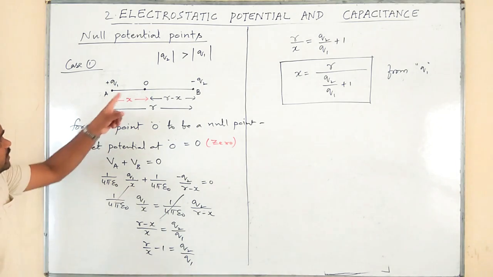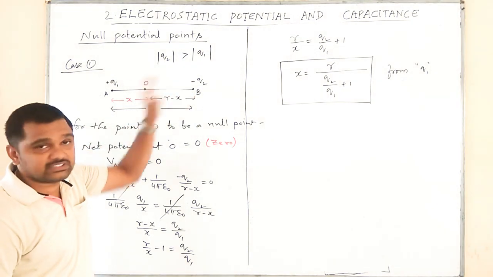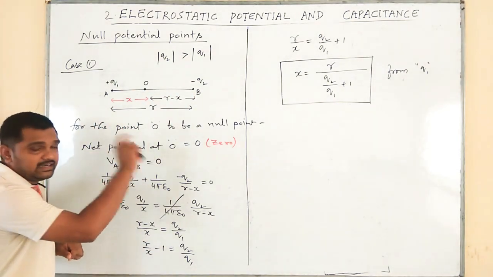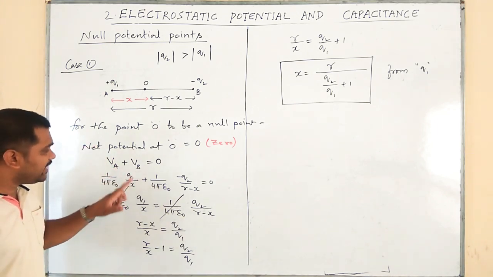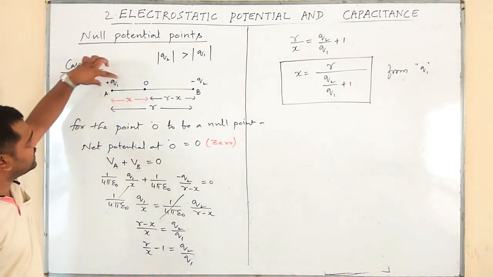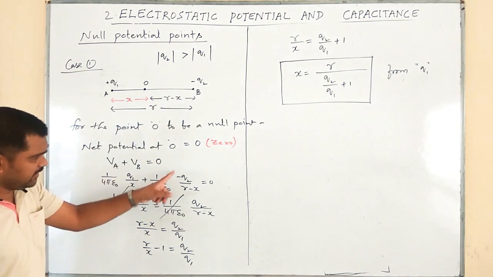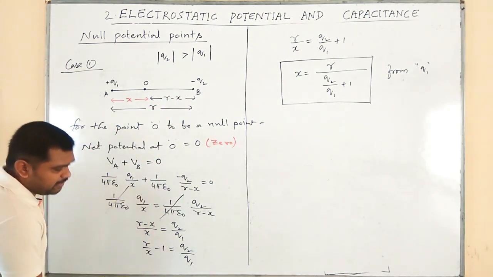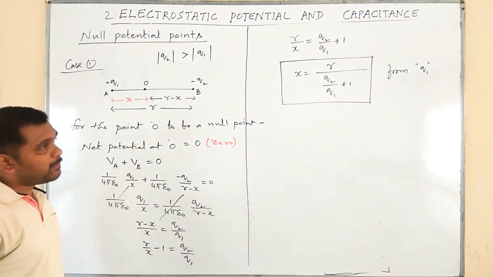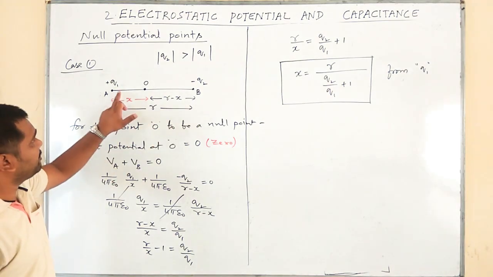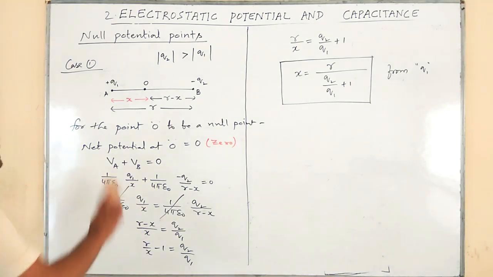Fine. Next. So therefore here we can expect two electric potentials. One due to this charge, another one due to this charge. Therefore I have added them and it is equal to 0. The value of VA is 1 over 4 pi epsilon naught QA divided by X actually. QA means at A we are having Q1. Similarly at B we are having minus Q2. I have written it and simplified to get X is equal to R divided by (Q2 divided by Q1 plus 1). So that distance is from this smaller charge. Okay. Now let us discuss case 2.